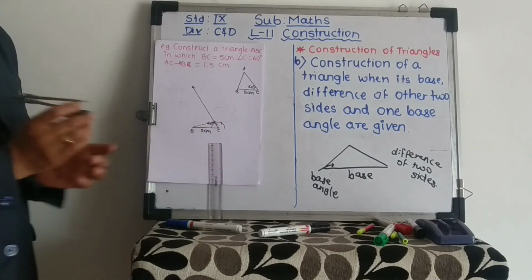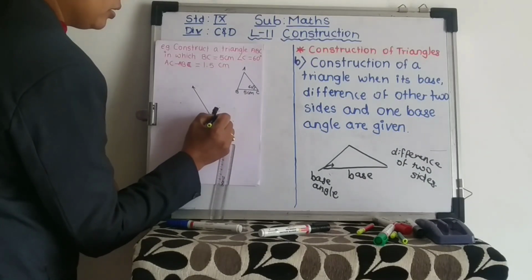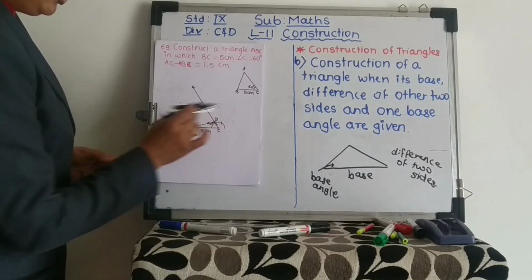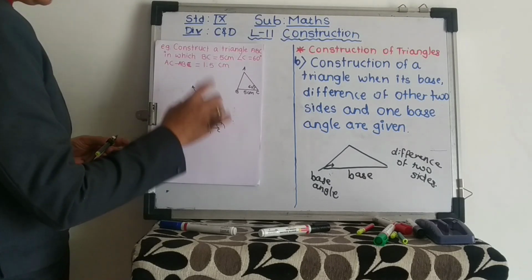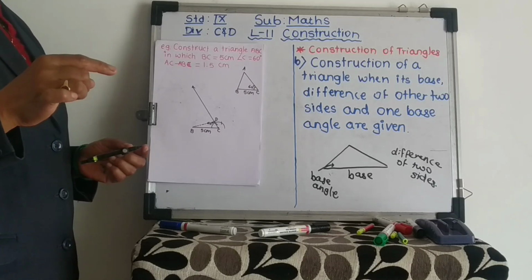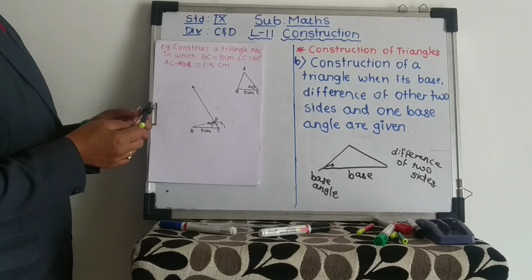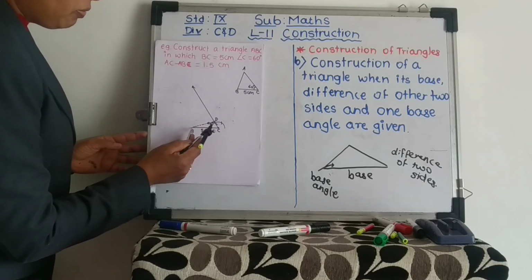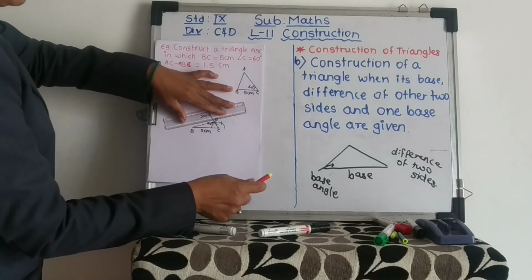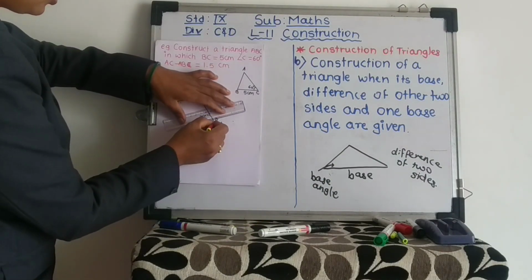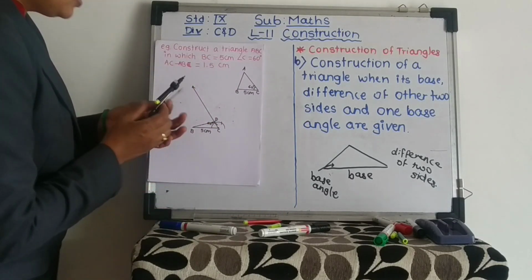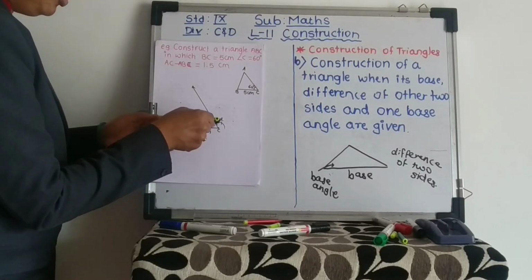This is not our A point, right? We will write here D. This line, whatever dotted line we have drawn, this is the third side. Just try to recall the sum of the two sides. In that, the third side, whatever we have drawn, we drew the bisector for that segment. So similarly, we will also draw the bisector of this side. I will draw it with red, a red sketch pen, so that it will be visible to you. Now see, I'll put here up to D or less than D.